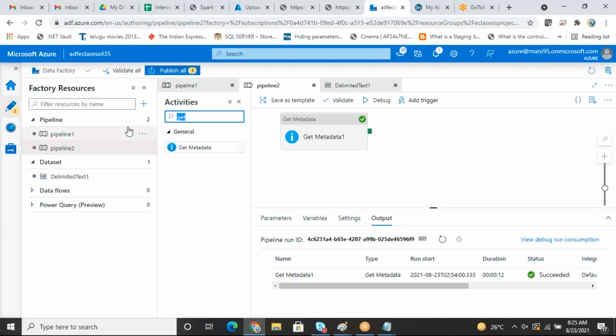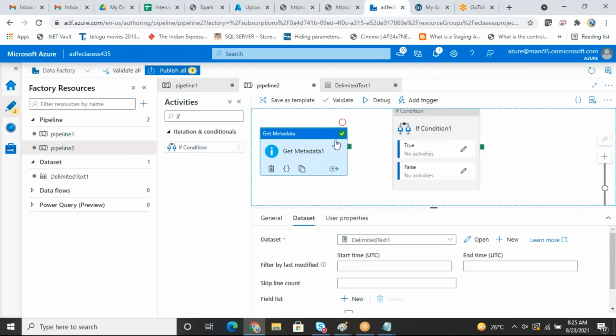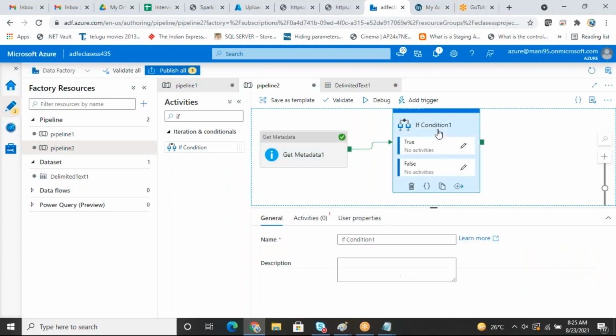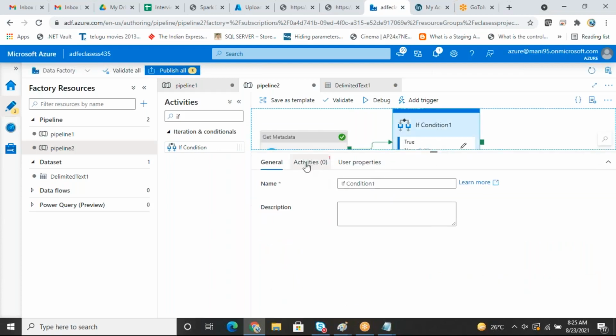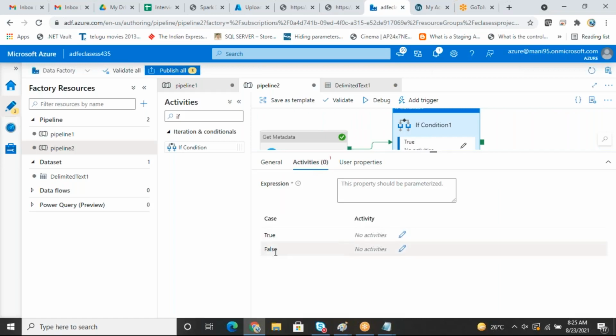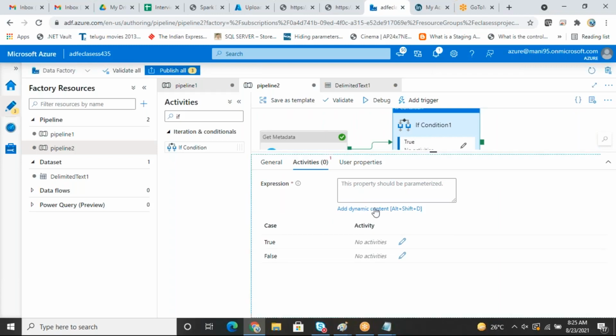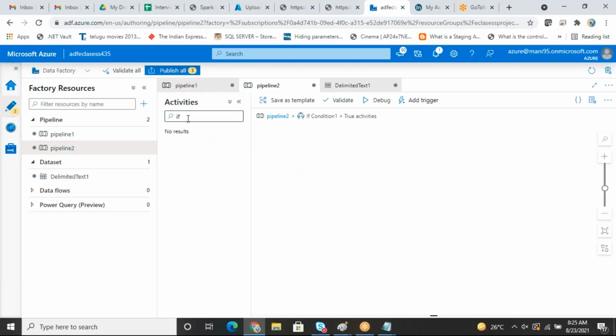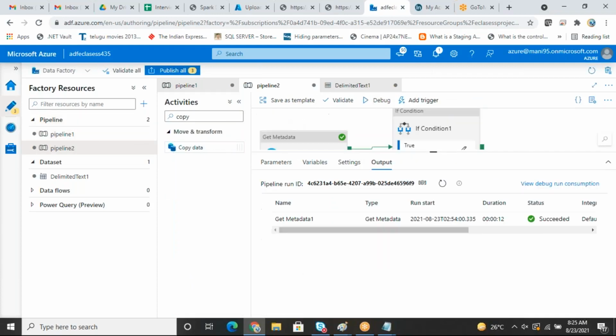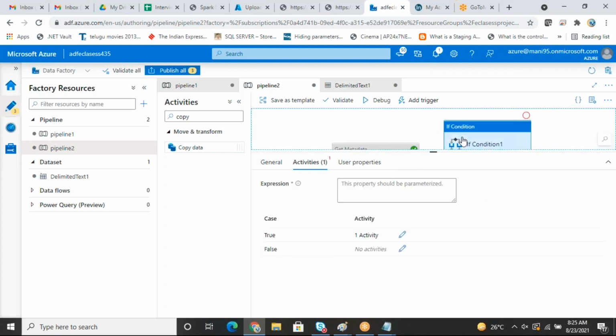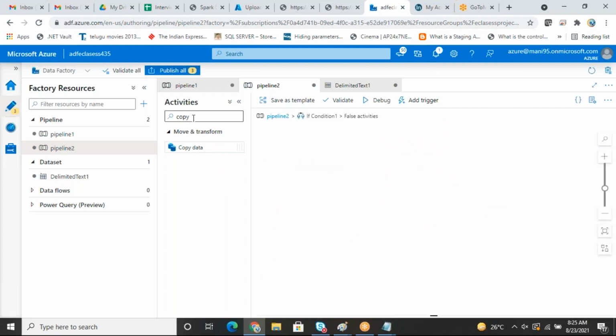Okay, so let me take an if else activity, the if condition activity. Just try to connect this one, and inside this if condition, go to the activities. What is true and what is false? What is the condition you want to write down here? Go to add dynamic content. Whatever expression you write, if it is true, then go inside and take a copy data activity. Then come back. Whatever condition you add here, if it is false, what activity do you want to add? That is